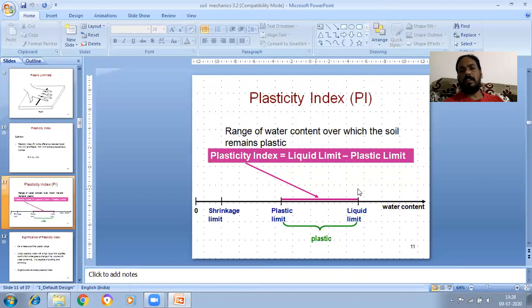So what does it indicate? It indicates the plastic state. The soil is in plastic state. See here from the diagram, this is the plastic limit, this is the liquid limit. So IP is equal to WL minus WP, liquid limit minus plastic limit. From the liquid state to the semi-solid state, the boundary between the liquid limit and plastic limit means it is in the plastic state. Fine.